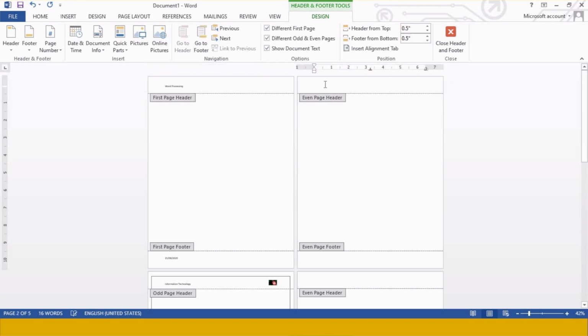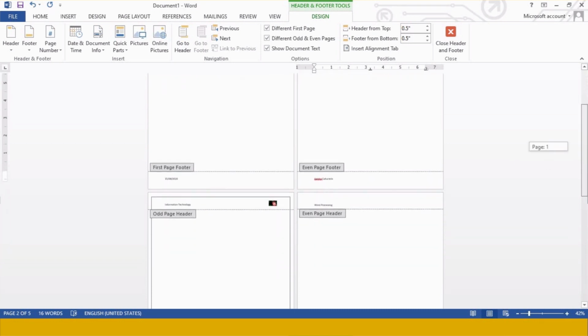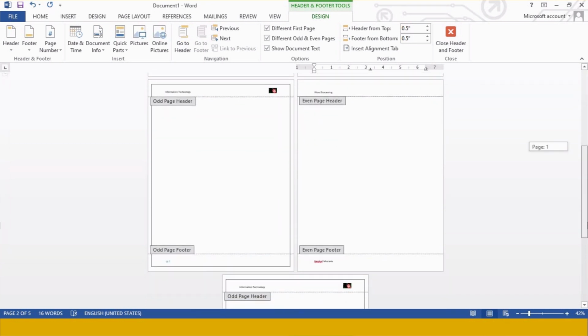So now what do I have to do on even pages? I want to print the name of the chapter over here, and on odd pages I want to print the name of the subject. So I am writing word processing. Here I have written, and as an author I just want to print my name over here. So I want to print my name on each page of the book. So I have printed my name over here. So you see, on every even page I will be having the same headers and footers, and odd pages will be having the same headers and footers.